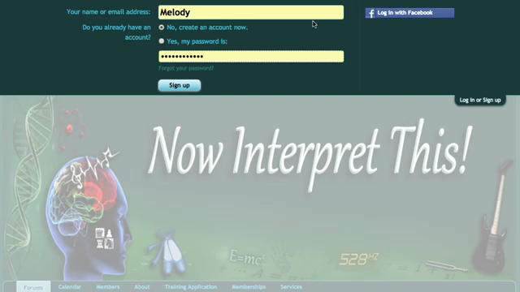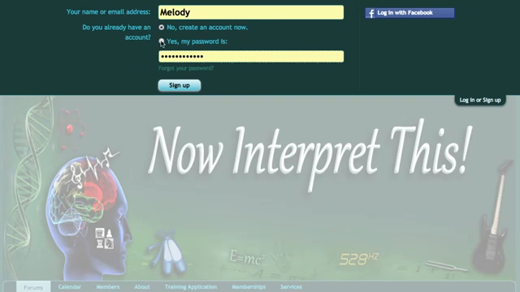Now, the other option that you have is you can log in with Facebook, and that's an easy, quick way to get in. However, what you're probably going to want to do is say no, create an account now. You're going to pick a username that isn't your first name only, and a form is going to come up. You're going to fill out the form. It doesn't take a long time. However, you're going to want to do it before the day of the drop-in, because if you're trying to sign up the day of the drop-in, there's a lot going on, a lot of people on the site, and it gets a little confusing. So you'll be better off if you do it beforehand.